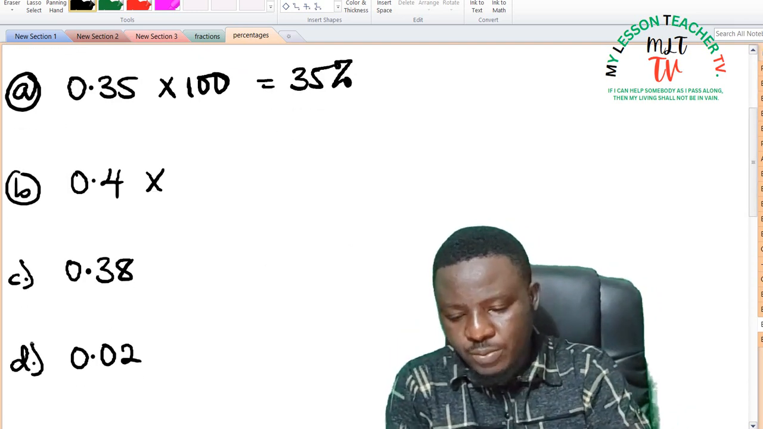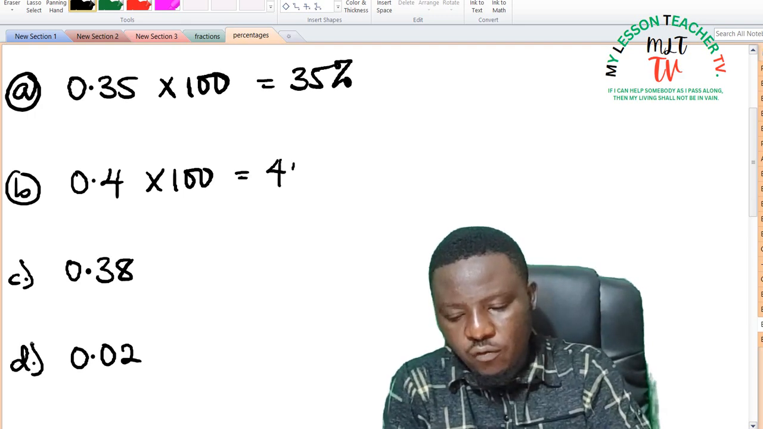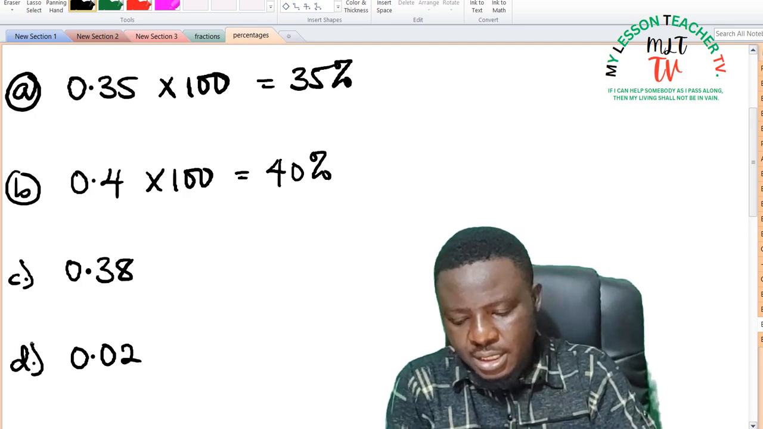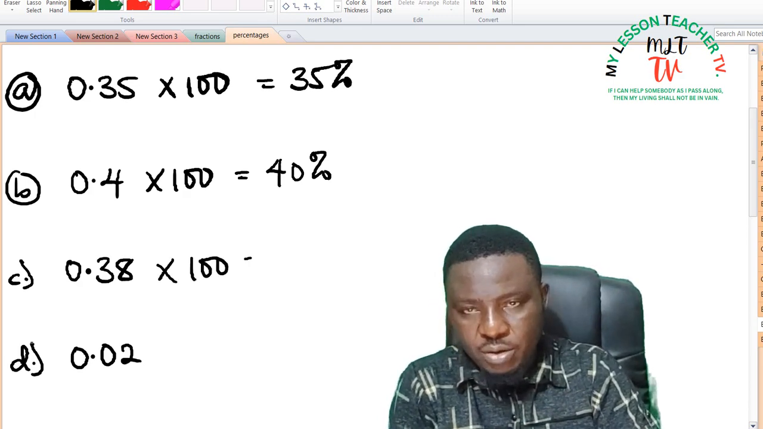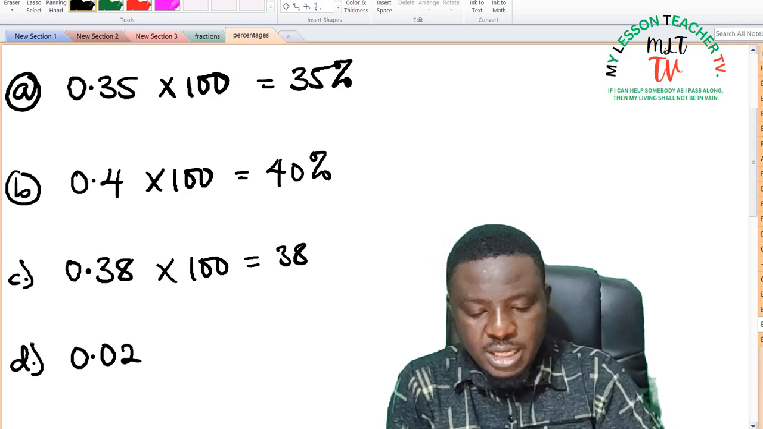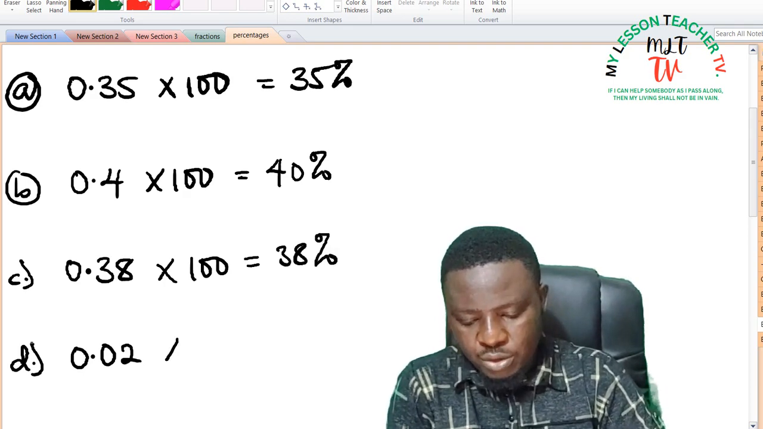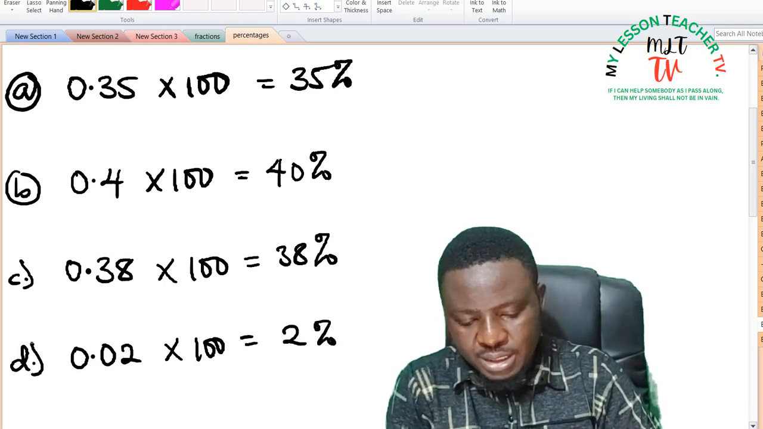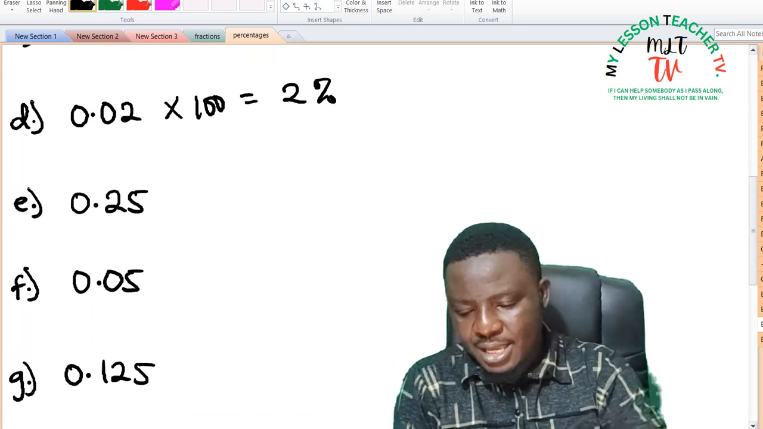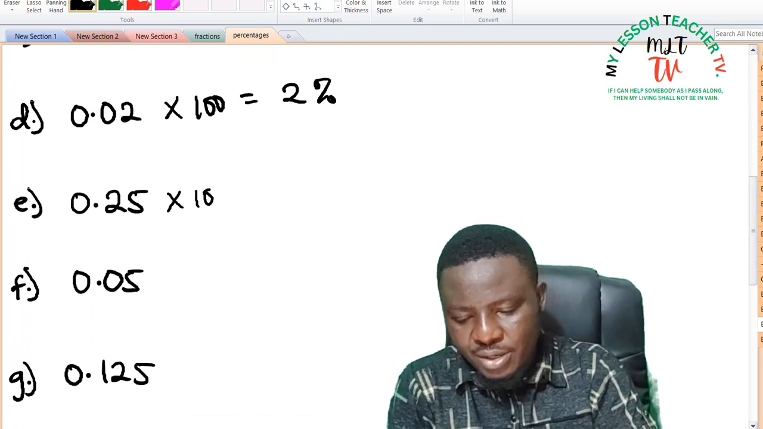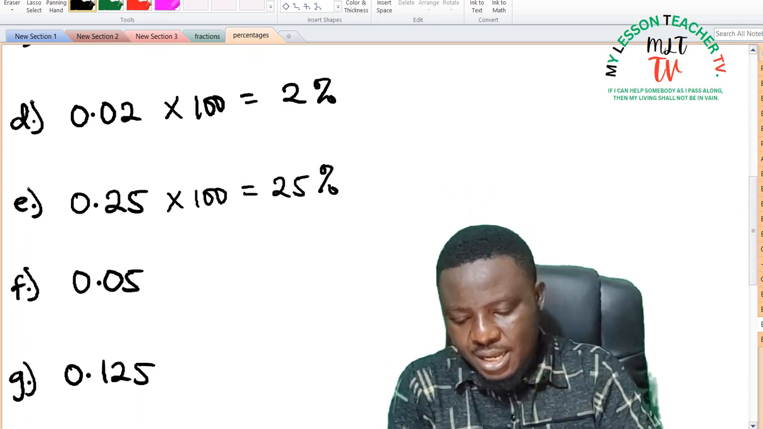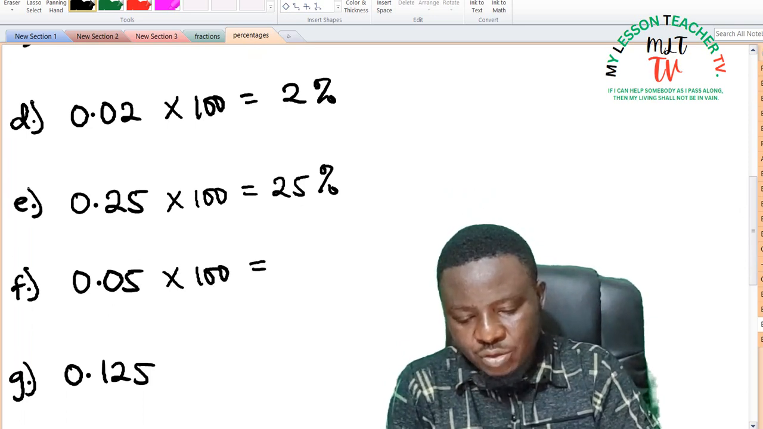B, you also multiply this by 100, and when you move it 2 times, it gives you 40%. C, you multiply C by 100, it gives you 38%. And when you multiply D by 100, it gives you 2%. E, multiply it by 100, this is said to be 25%. And F, when you multiply it by 100, it is said to be